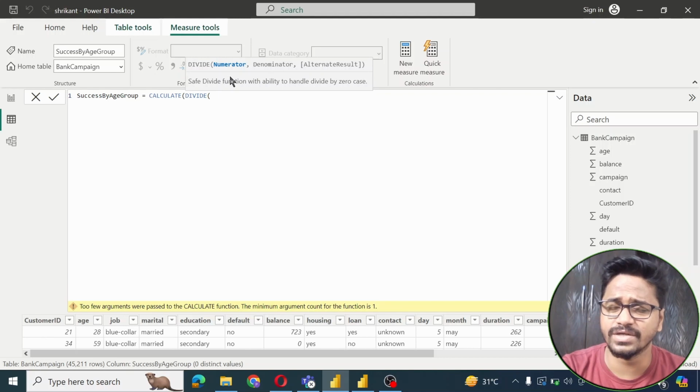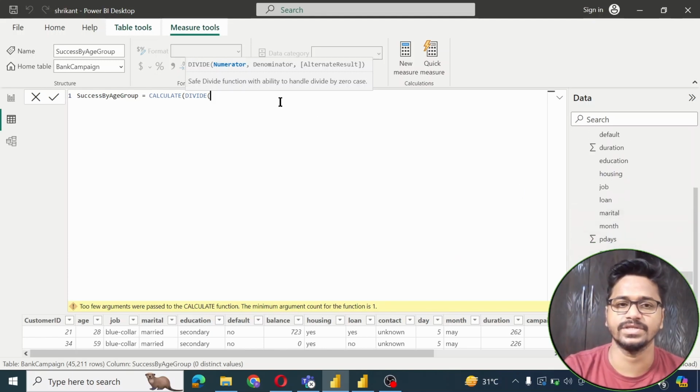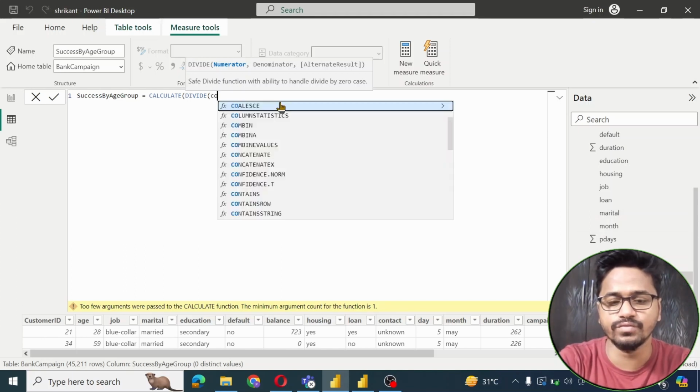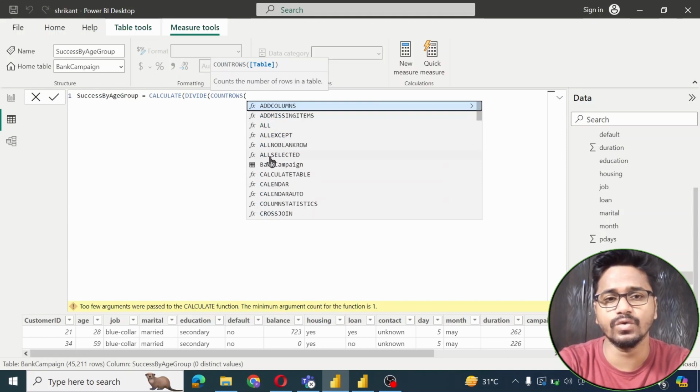So what did we discuss? Within the numerator we want to have the total number of successful cases. How do we get the total number of successful cases? In the bank campaign table and p outcome column we have got the successful cases. So in order to count the rows we will be making use of the count rows function, and within the count rows function